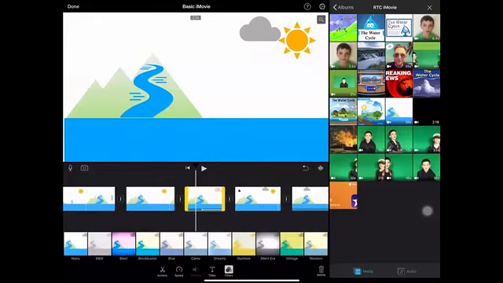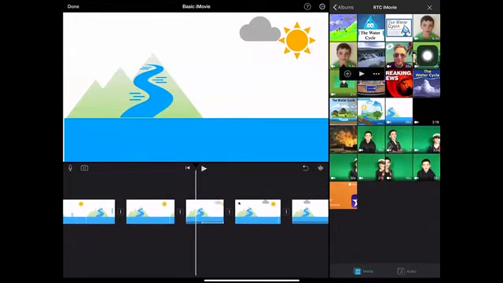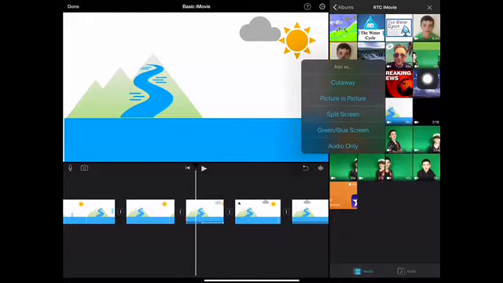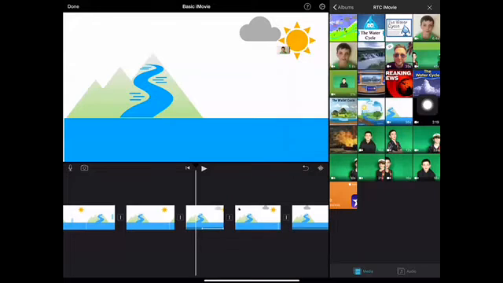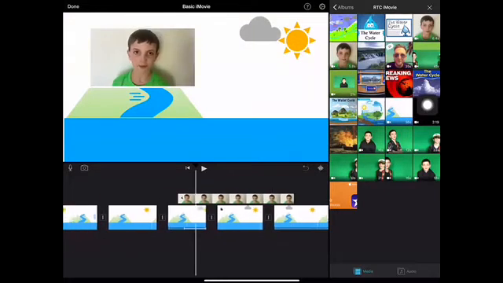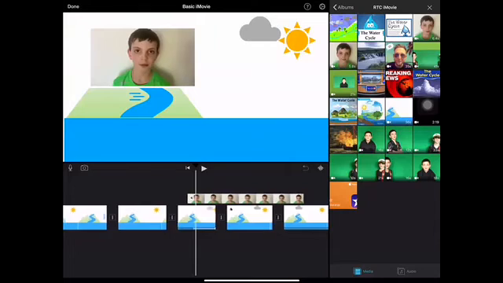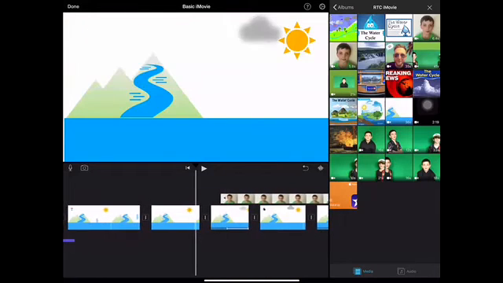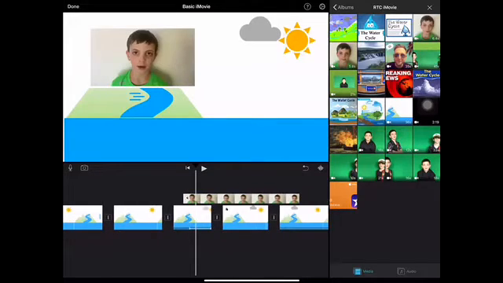Right, okay, so what I'm going to do, I'm hoping I'm picking the first one, so that's that video there. I'm going to select this video, but this time instead of pressing the add part, I'm going to select the 3 dots, because what I'm going to select here is picture in picture. Now what this will do, this is a great tool if you are doing something related to news and having that option to have a box at the side showing what's happening while there's another person in the